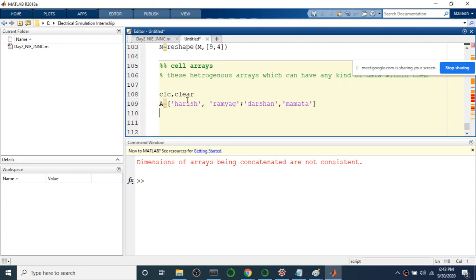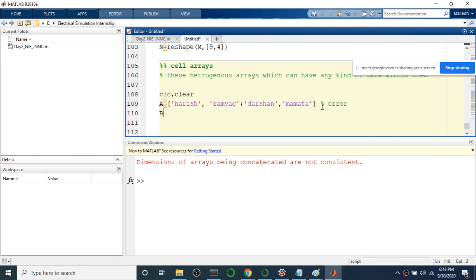Here Harish has 6 characters and Ramya G has 6, so a total of 12 characters in the first row. The second row has 7 plus 6, 13 characters. So it is not possible to create an array like that, and this gave us the error.